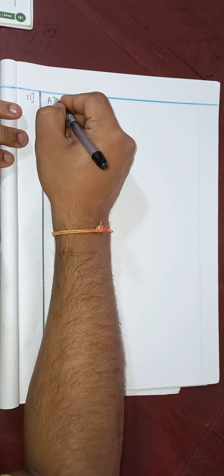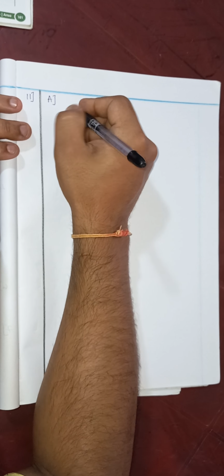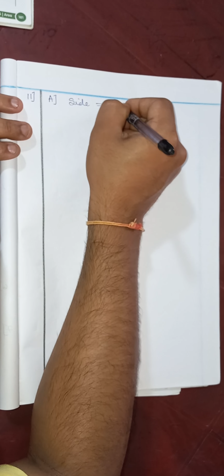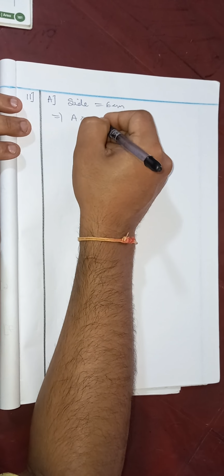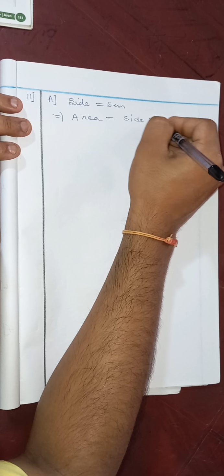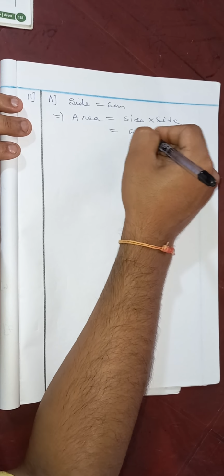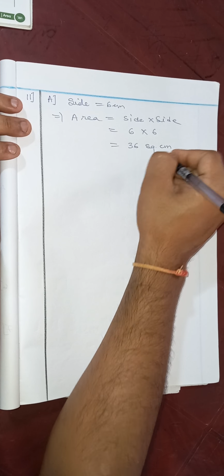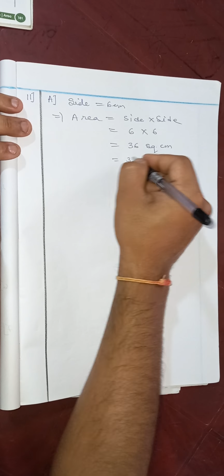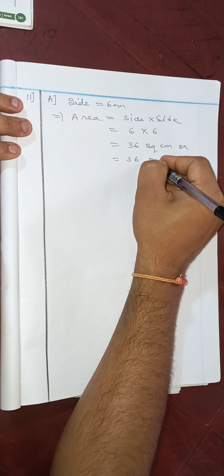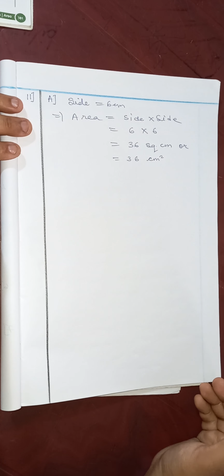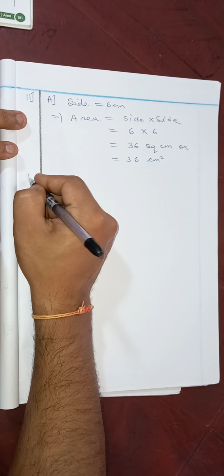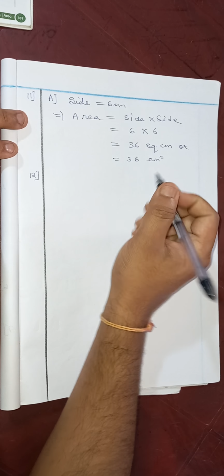So now, children, I am discussing question number 11a with you. Here they are saying to find the area of the square when the side is given. The side in the question was given as 6 centimeters. So you need to find the area. As you know, the area of a square is side into side. So we will multiply side into side. Side is 6, so 6 times 6 is 36. So the answer would come 36 square centimeters. Or I could write 36 centimeter square, my wish. The answer is the same only. I could write centimeter square like this or like this, it depends on me.